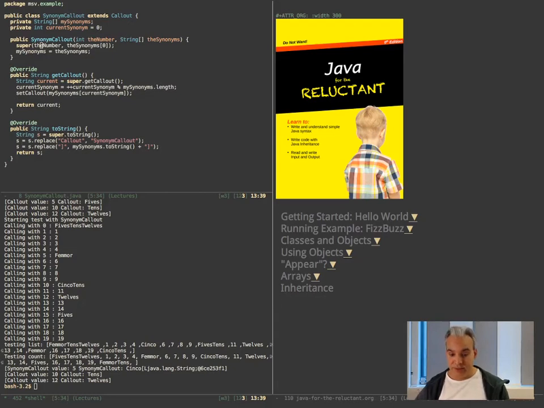The other type of inheritance is implements. Now, implements works in a different way. Implements, as I said, is just a matter of having an interface, and then I say that I'm implementing that interface, and that interface is the same for all classes that